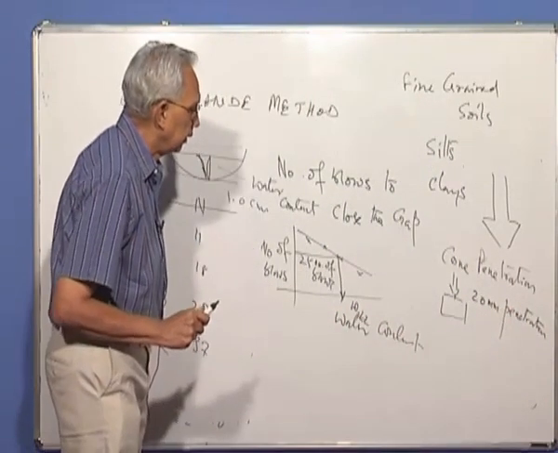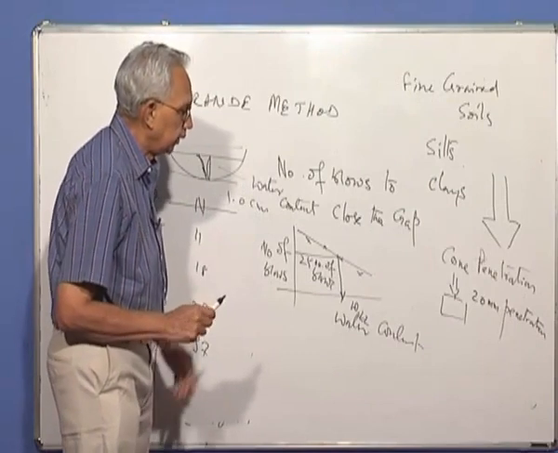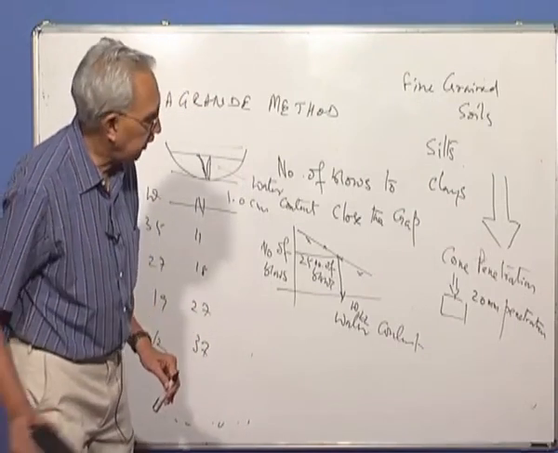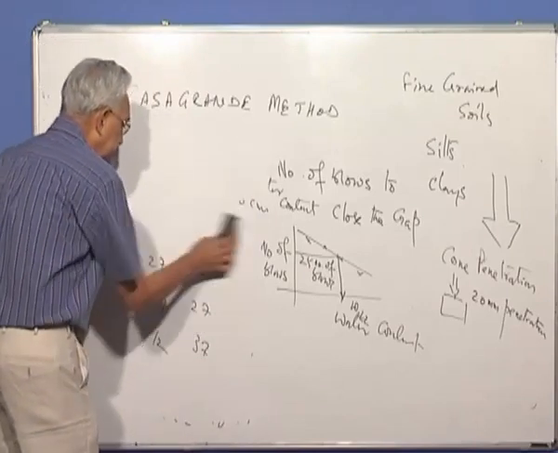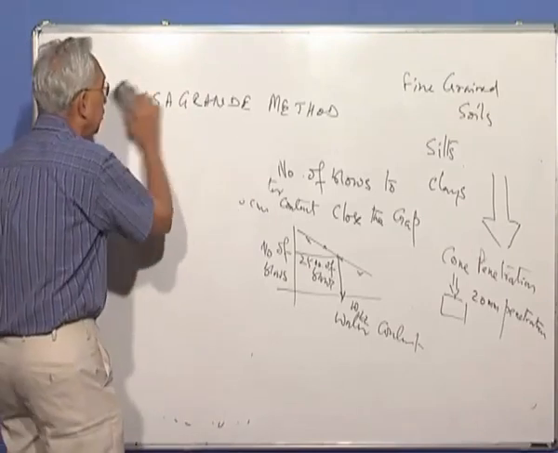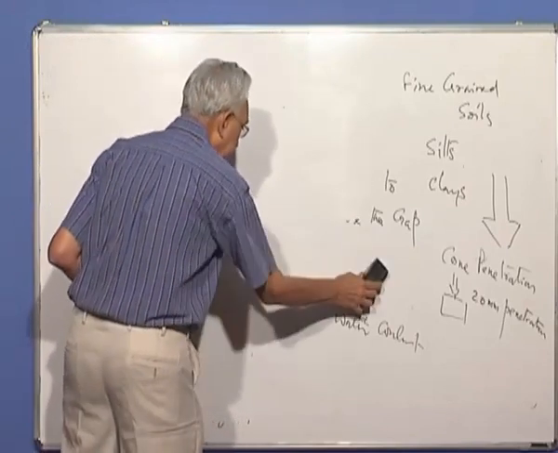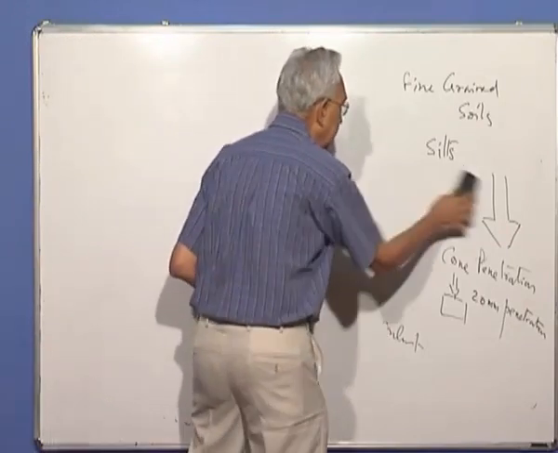Okay. So these are the two methods whereby you can determine the liquid limit. You will probably carry out the test in the laboratory and you will get a better feel for it once you do the test. The plastic limit is a little